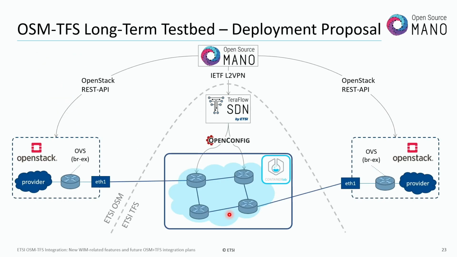So at the end, this enables us to create this architecture I was mentioning before. We can have, for instance, a couple of OpenStack-based data centers, as I was mentioning, that can be under the control of OSM. Below, we can have TeraFlowSDN in charge of controlling the different network devices that are running inside Container Lab, and then we can connect the three blocks by means of this physical port that will be here on the border of this Container Lab box. And at the end, with this, at least we can have a basic environment for testing.